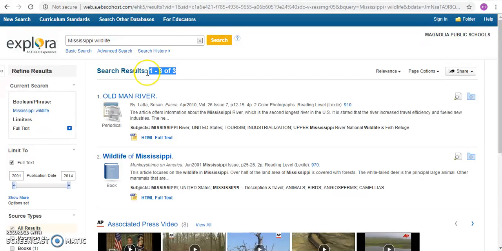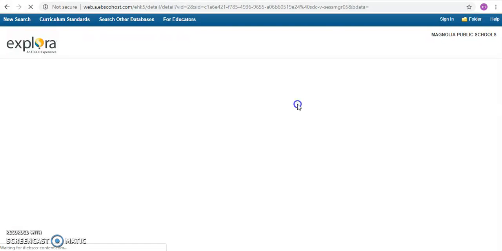of 3. It tells you the title of the article, who wrote the article, the date that this article was published in April 2010. It tells us what volume and what issue the article was in. And it even tells us the page numbers and how many pages in length and if there's color or not. Another important detail about the articles are